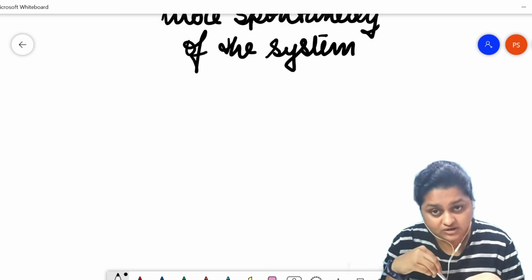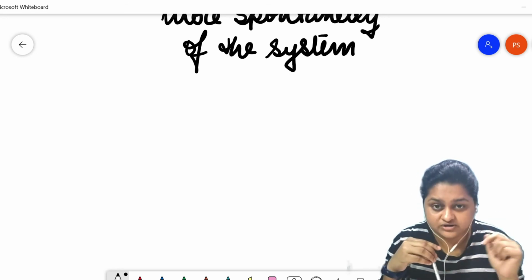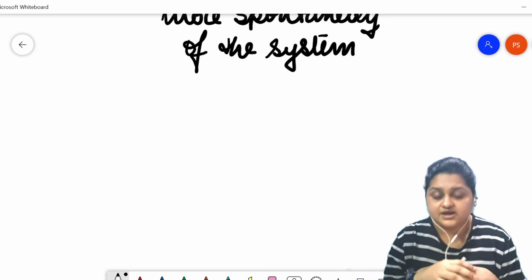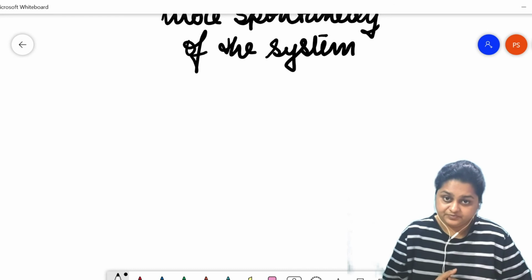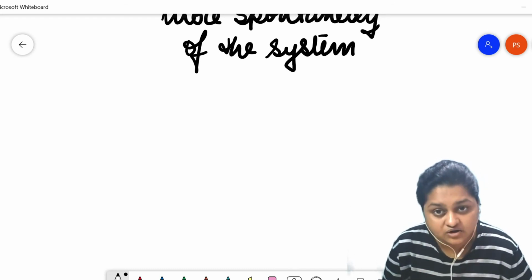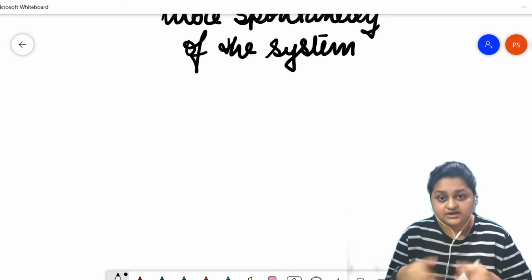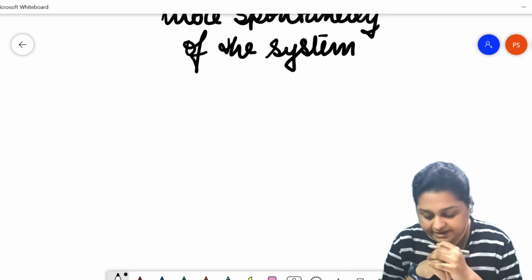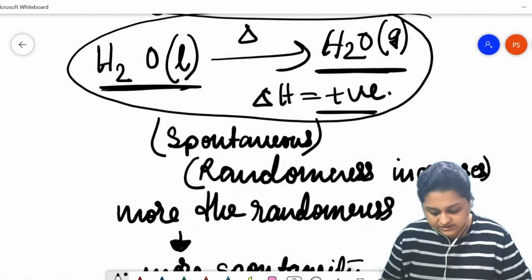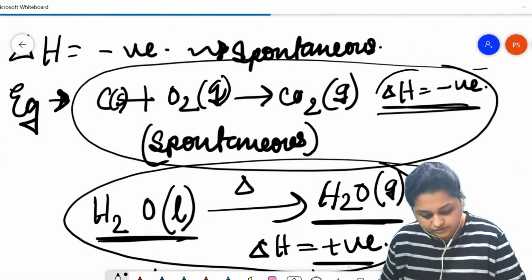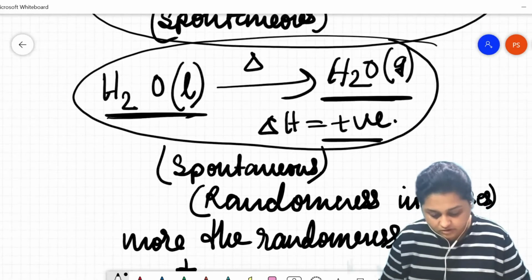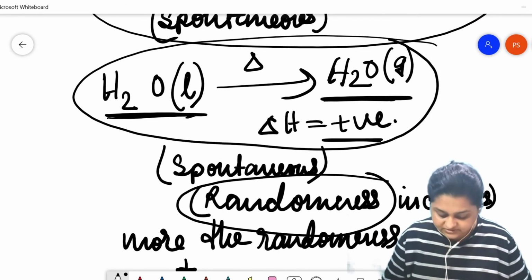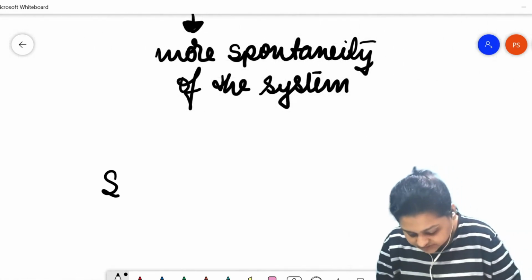Condensation of cloud water in vapor state is a spontaneous process. This raining is a spontaneous process in which randomness has decreased. Now, how does this process occur? Because in this process, energy has been released by the system. That's why what I'm trying to say is that not only the delta H factor will determine spontaneity of the system, nor the randomness of the system alone, but spontaneity of the system depends on